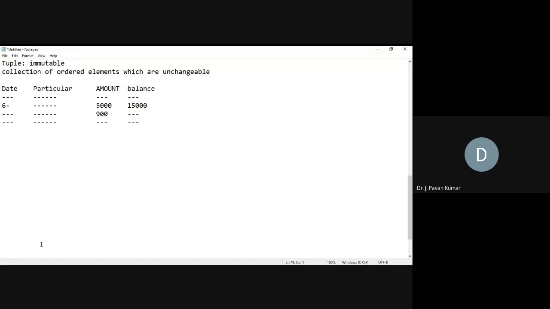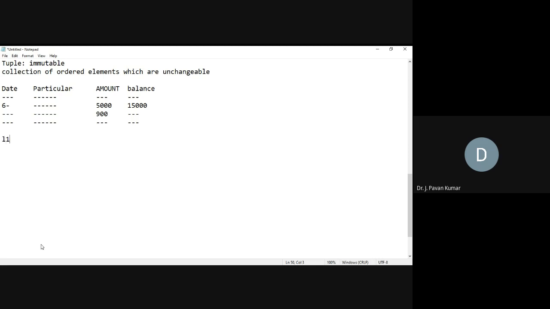Got the difference between tuple and list? Yes, sir. Now, the basic properties which we have seen with respect to list will be applicable in tuple as well. That means we can access a tuple also by using indexes. But first of all, how can we create a tuple? Like how we create a list?